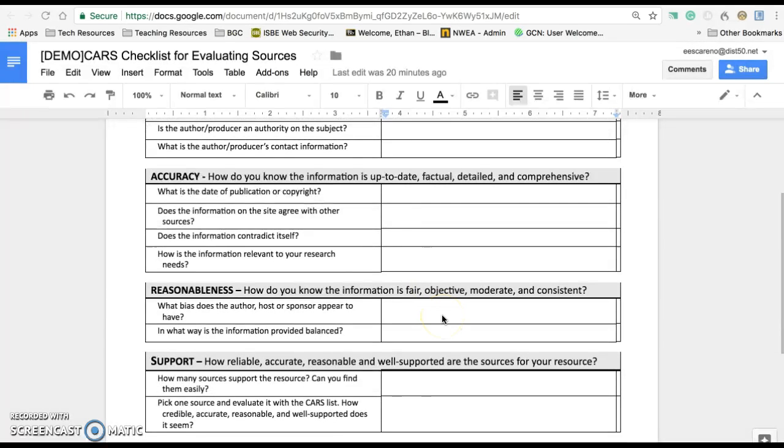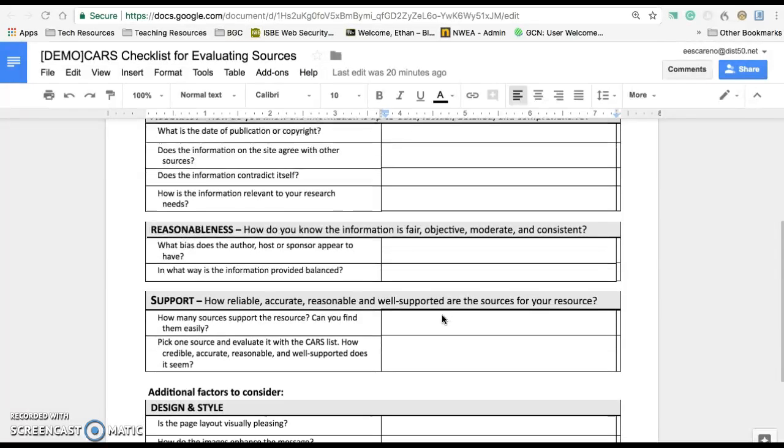Reasonableness means is the information fair and objective? We talked about being unbiased a lot in class. You need to make sure that when you're presenting information, you're not sprinkling in your opinion, that it is just facts. And then support, that's looking at how they are citing their sources. Are they providing a reference list? Are they providing the sources that they got their information from? If they're able to do that, then you're pretty positive it's going to be an academic paper or an academic